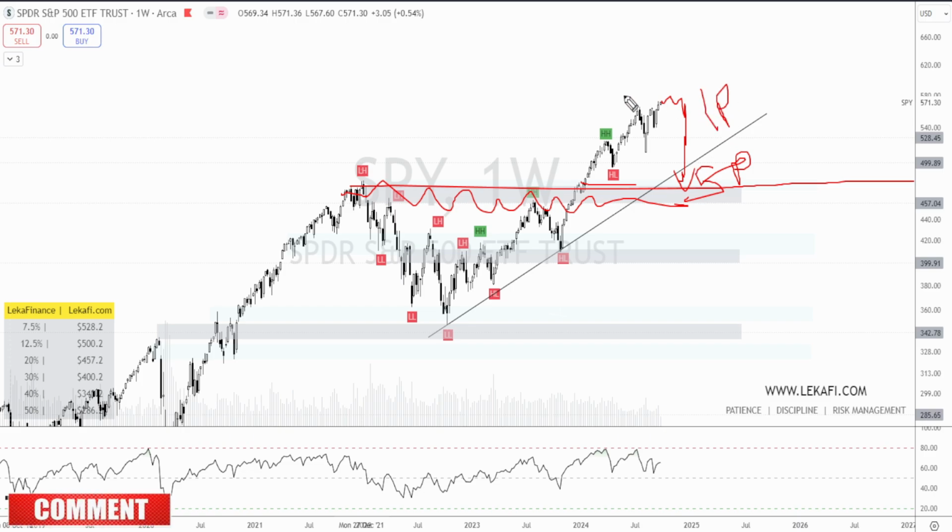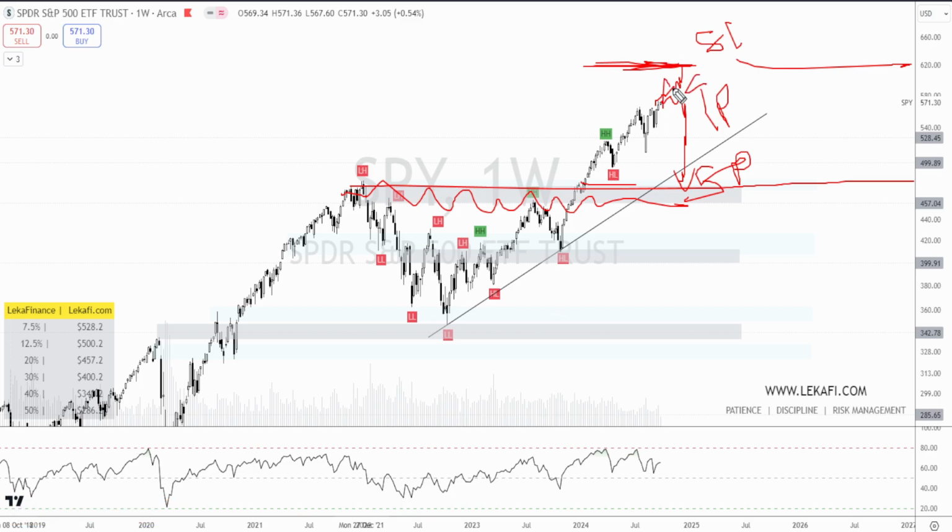If you think the SPY will not hit this level here, let's say 620, for example, in X days, it can be 30 days, 20 days, 15 days, you can sell a short call. If you think the SPY is going to go from here all the way past here in X days, whatever the DTE, days to expiration, you can buy a call option because you're going to profit on the stock rising.